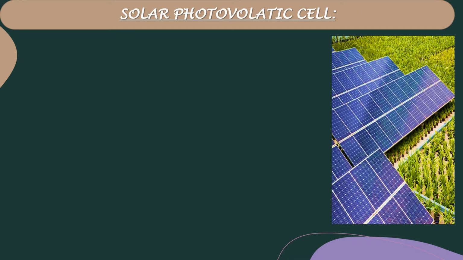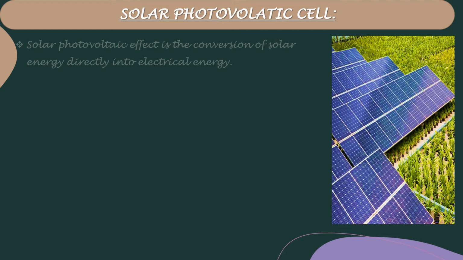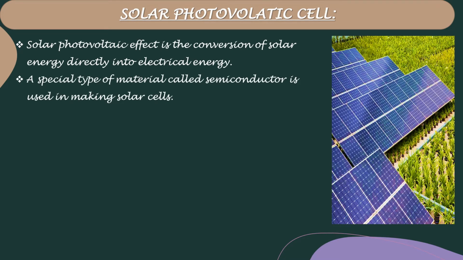Now students, let's learn about the solar photovoltaic cell. A solar photovoltaic cell converts solar radiation energy directly into electrical energy, and this is called the solar photovoltaic effect. The electrical energy generated through this energy transformation process is DC in nature. DC means direct current, and these solar cells are made of a special type of material called a semiconductor, for example